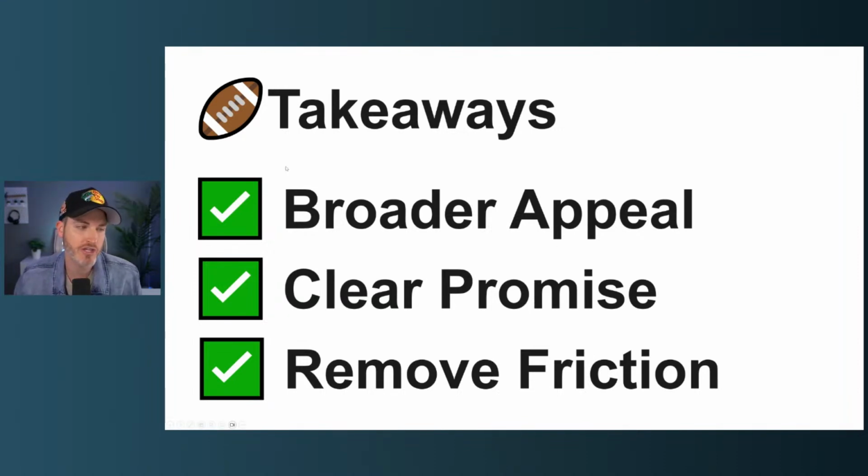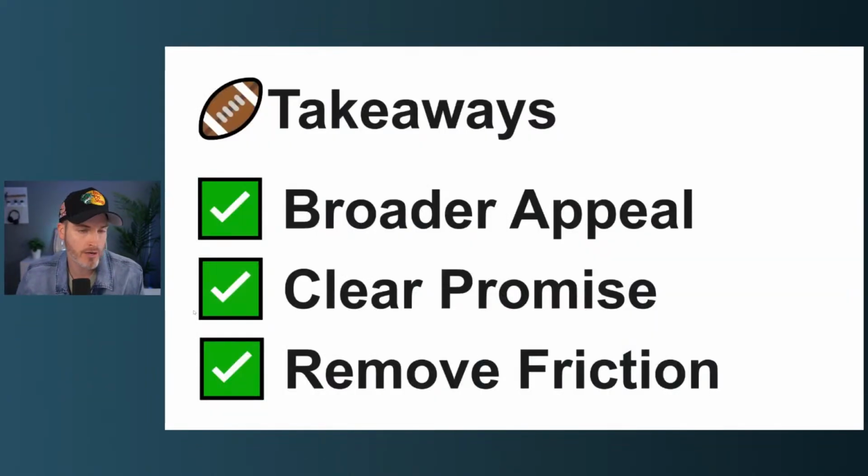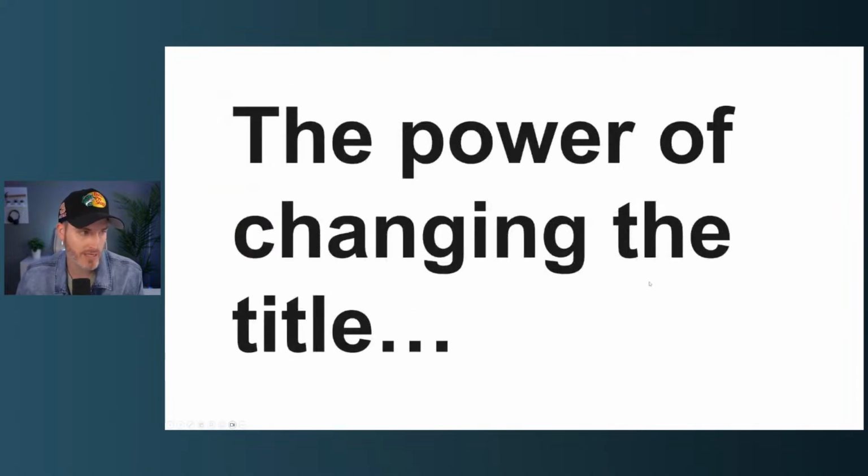And then it removed friction because, again, now that affiliate marketing is not there, there's no friction. Like, I need to figure out what's on the other side of this title. What are the ways? Maybe it's a way I don't know, which at least, what are we talking about? How to improve your CTR, your click-through rate. So you're getting the click, and now it's up to the video to deliver on the results ultimately. And so that is the power of changing a title.